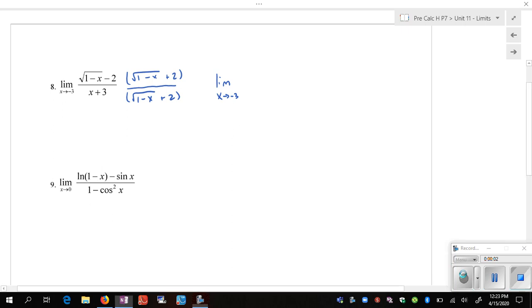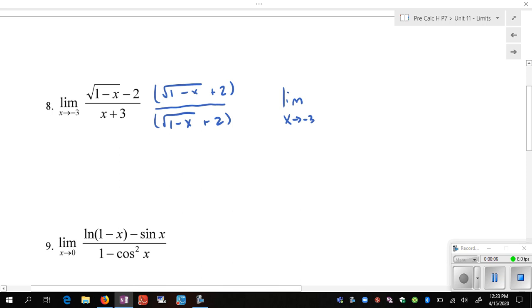All right, so we have this example here. You can see I've already started to set it up where I need to multiply by the conjugate. But one thing I wanted to point out here is that by direct substitution, when I plug in -3, I get 0 over 0, and specifically, I plugged in -3. So since I'm plugging in -3 and I got 0 over 0, that probably means that x plus 3 is going to be a factor that will cancel between the numerator and denominator, and that's usually a nice trick for